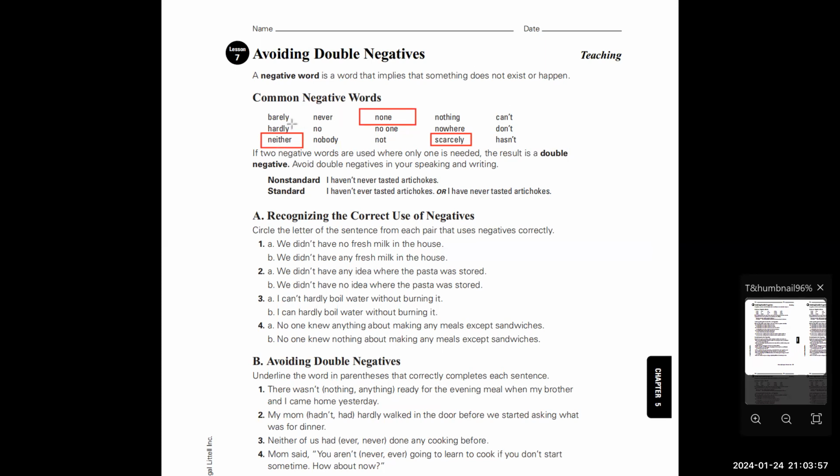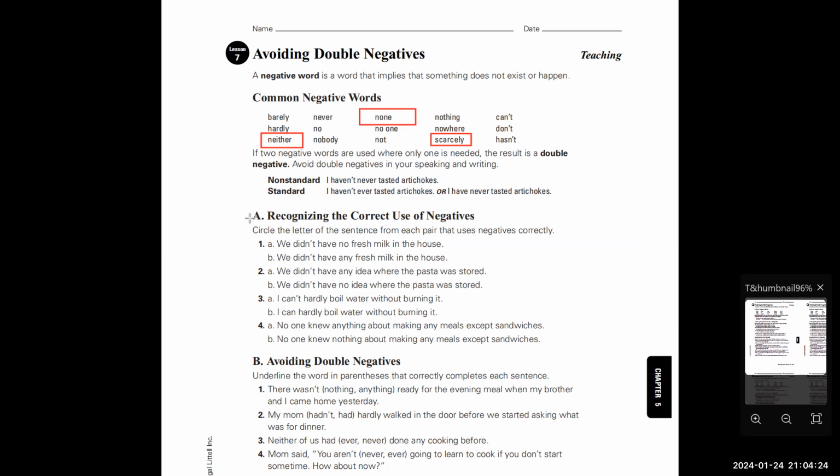Aside from that, I think you understand, or maybe you don't understand any one of the words here? Yeah, the first word, barely. Barely is almost the same as rarely. If you barely do something, it means you rarely do something. You don't usually do it, maybe a few times. Understand? That is barely.